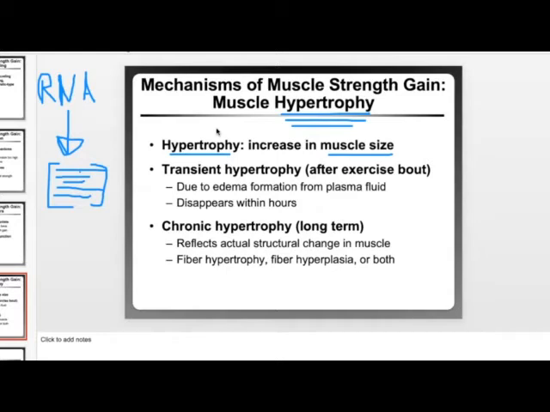So the body's the same. If your body is not breaking down, then it's not going to heal itself necessarily. But if there's micro damage to the muscle, then your body is going to try to fix that micro damage, and it's going to increase the size of the muscle to better prepare for the forces that it's going to be incurring in the future. But that's why you have to kind of not overtrain. You have to work at a higher level of intensity than you're normally used to, because you're continuously increasing the intensity, and then there's muscle damage, and then there's hypertrophy, and then you increase the intensity.